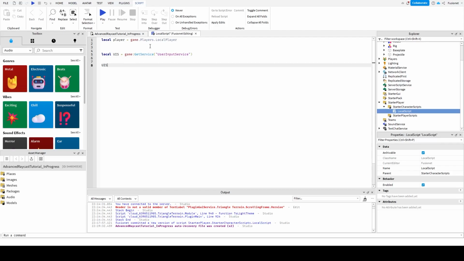So yeah, let's go UIS.InputBegan:Connect(function(input, GP). Okay, so what this means, this is what they clicked. You know, this is F key, G key, space, I don't know, whatever you want. We're going to be using E for this. So once they click E,